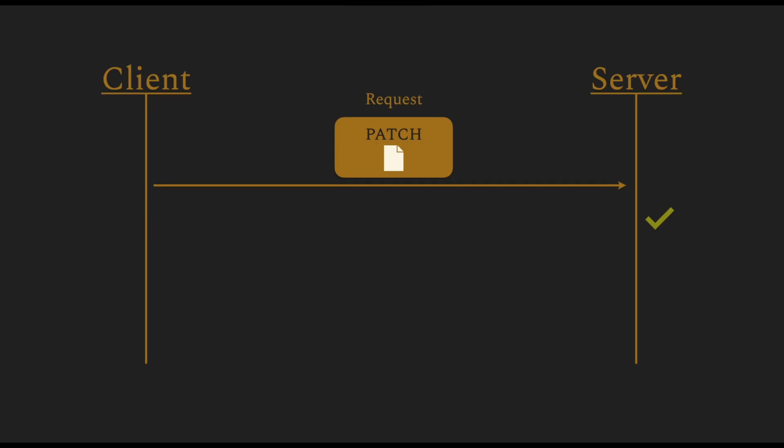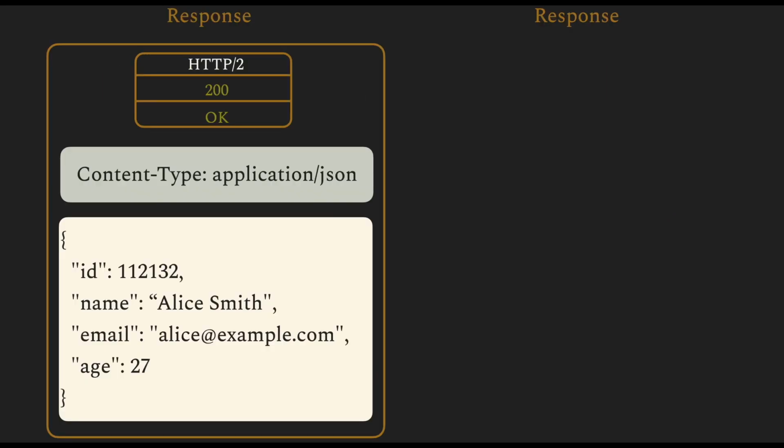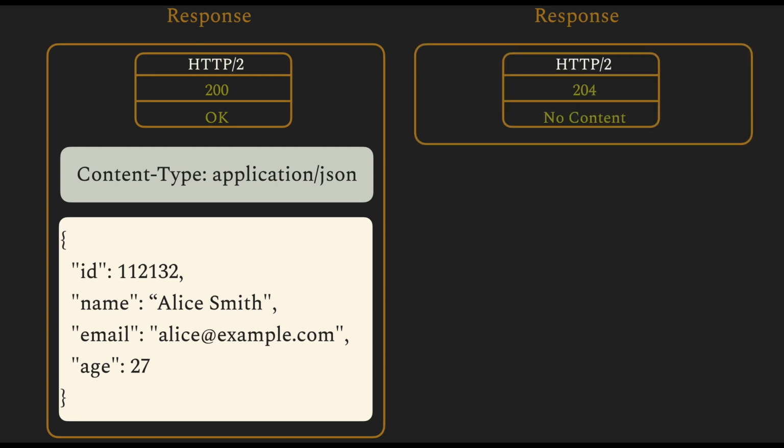If the request is valid and the client is authenticated, the server updates this in its database and sends a response to the client. This response can have multiple implementations. In one case, the server might just send a 200 OK response with the entire body of the user, including the update, or it could only send the field that was updated, or even send a 204 No Content response, which indicates to the client that the update was successful, but it needs to do a separate GET to get the new data.